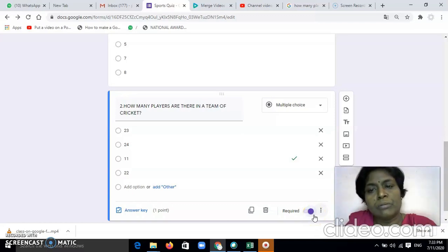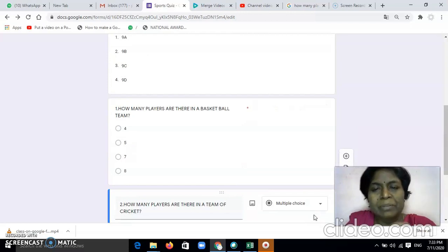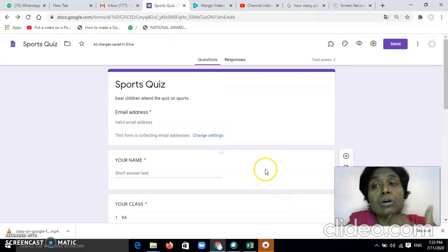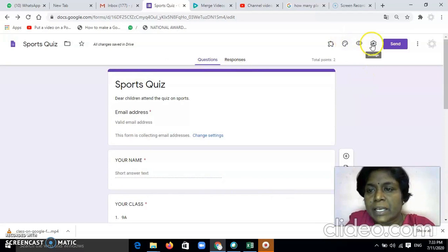Now your Google Form is ready with all preliminary type of MCQ questions. Let us see how your Google Form will appear to your students. For that, there are 3 icons here again. This is for customize theme, this is for preview and this is for settings.